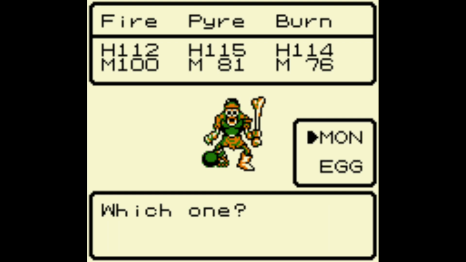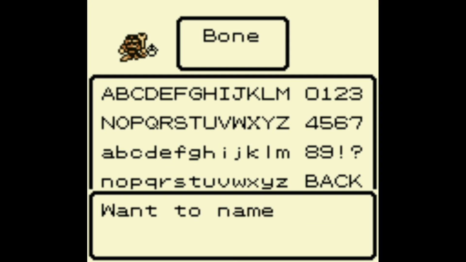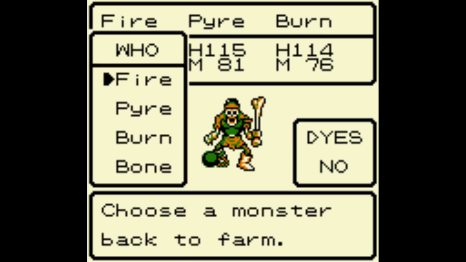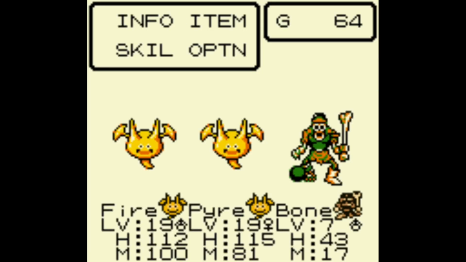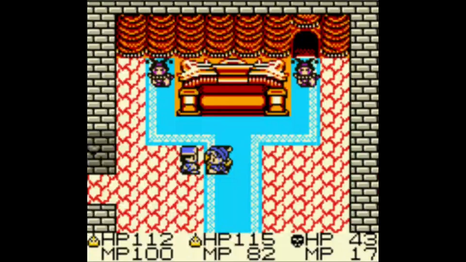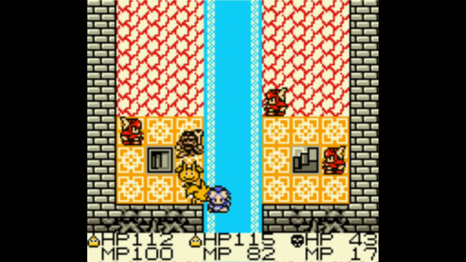Oh my goodness, we need to get rid of something. All right, it's time that we start. We're gonna get rid of the Hork. We don't need him anymore. We can have Bone. And yes, we'll go ahead and do that. Now, this is gonna sound weird. We're gonna take Bone, and we're going to put Burn back on the farm. Now, we are immediately going to leave, because we can't use anything but slimes in battle. So we're just going to immediately leave. And the only reason we want Bone is so that we can go give him